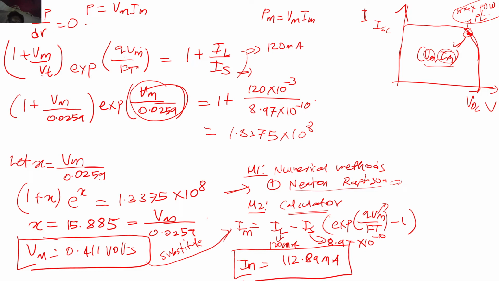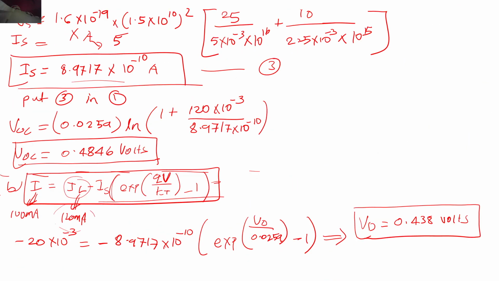So we have actually found out the point where we are going to get the maximum power out of the solar cell. And what is that power? That power is Vm times Im, correct? If you just multiply both these terms, then this power is going to come out to be 46.399 milliwatts, correct? Right?